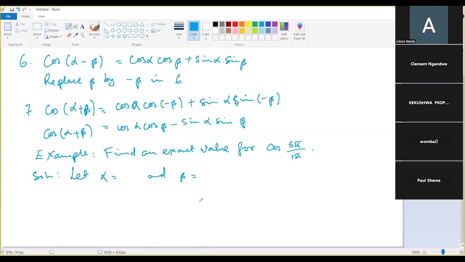Now, what is 30 degrees in radians? And what is 45 degrees in radians? So 30 degrees is pi by 6. And 45 degrees